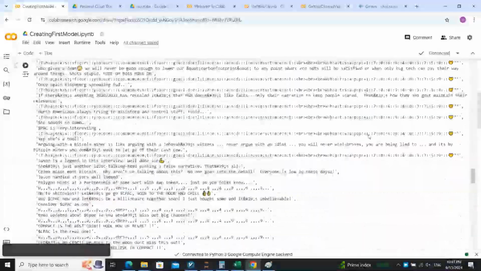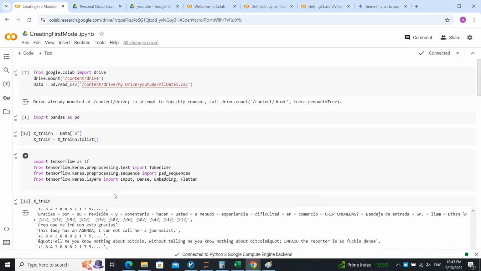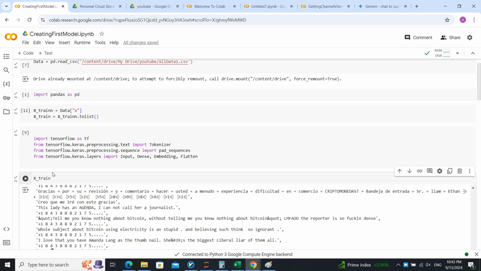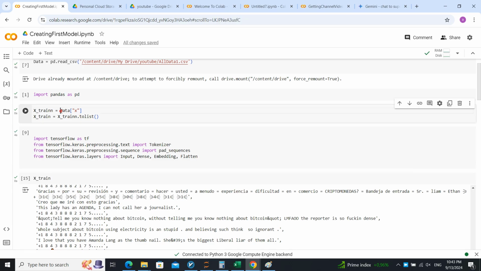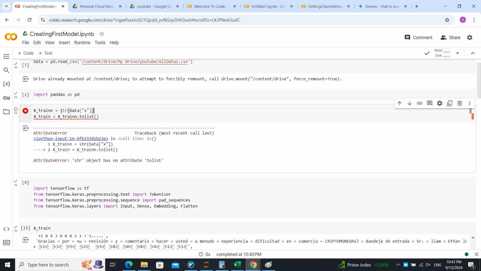each data to str. Let's see if we can do it like this. str data x. Okay, I predicted somehow the data x doesn't have a function called str. Okay, let's say